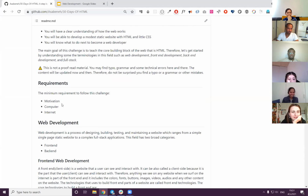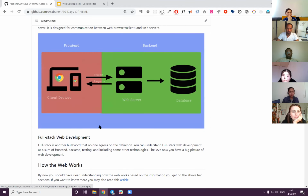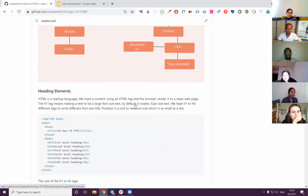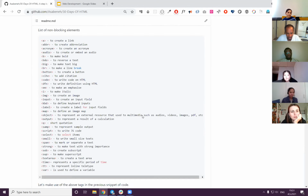Yes, so requirements, as I told you many times, what you need to have is just some motivation, a computer and the internet. That's enough. And you may also go, as you can see, to front end here, back end, what's happening in the back end, some kind of explanation and some details you may go through. But now I think it's time to